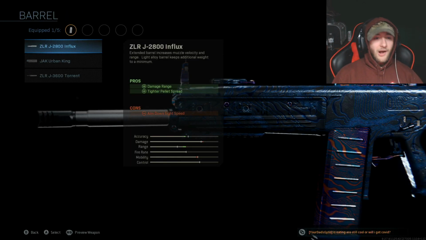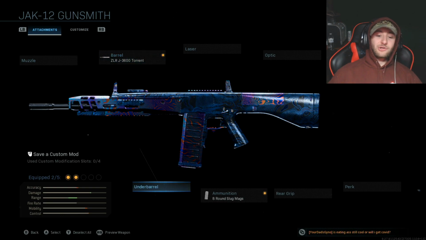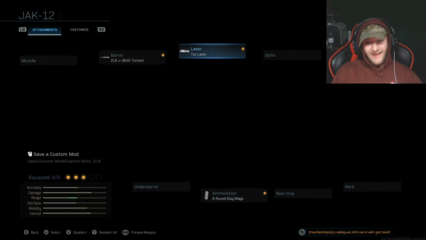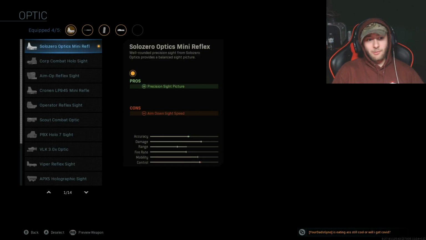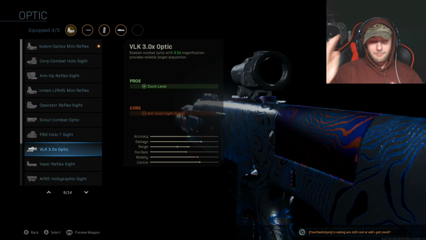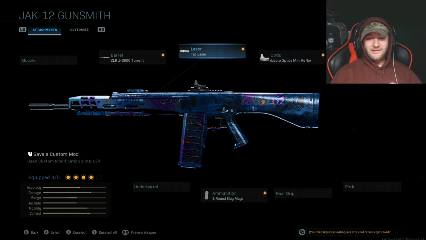But anyways, we're going to be starting and throwing on the ZLR J3600 Torrent barrel, and this is for the range and also the accuracy, because with this barrel you have no need whatsoever for an underbarrel attachment, because we're going to be throwing on the tack laser and the optic, the mini reflex optic. Now you can take and choose any optic that you would like. I would recommend sticking with the reflex. Don't go down anything that has, you know, magnification. It's not necessary,